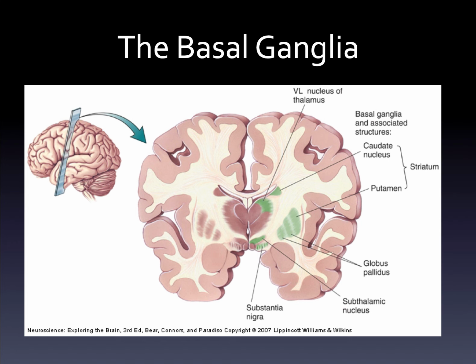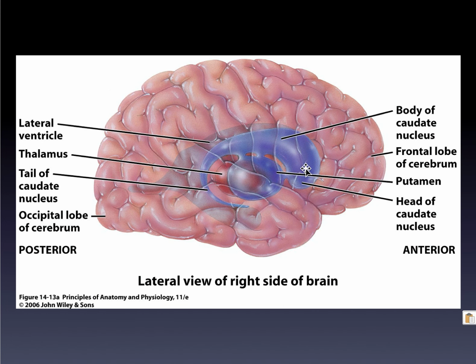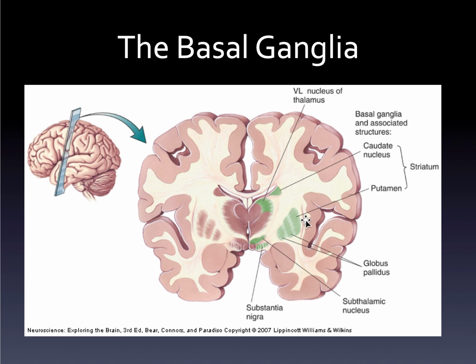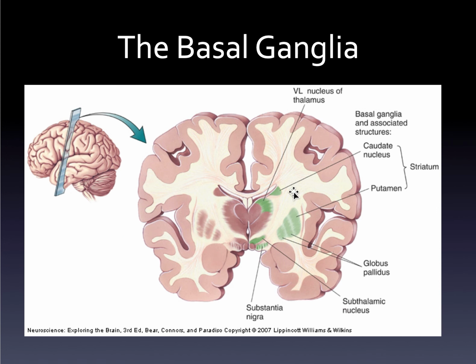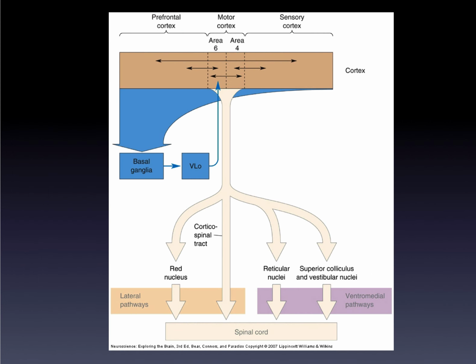Okay, and here's a view of the basal ganglia. This is just a coronal section. Here's a depiction from a different book of them in 3 dimensions, and you can see the putamen and the caudate nucleus. These holes in it are for the passage of the internal capsule. So the internal capsule axons, as you can see here, kind of go right through that structure. Okay. Now, what the basal ganglia seem to do is form a feedback pathway between